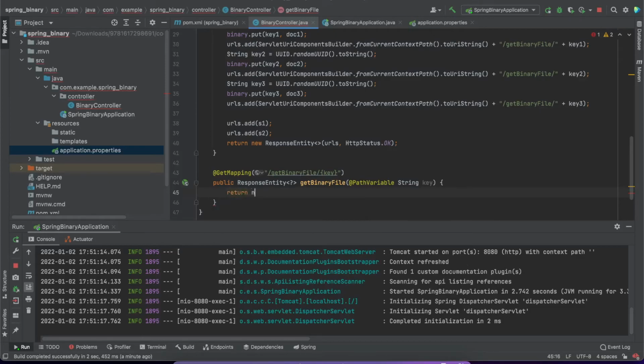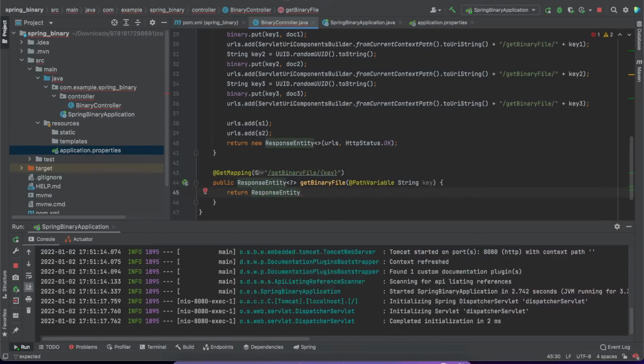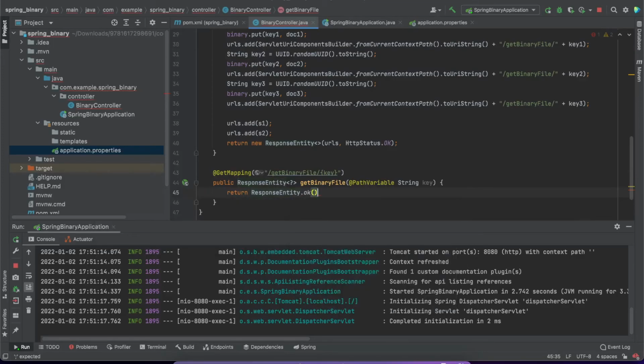return new response entity. No, I'll return it like this, response entity, because here I can define the type as well, right? Because I need to download that thing directly. So if I directly return it as a binary file, okay, it will try to print out in the browser console itself, right? So dot okay